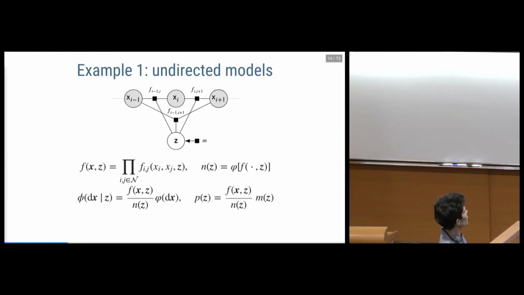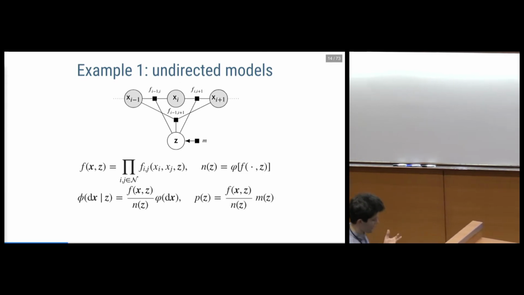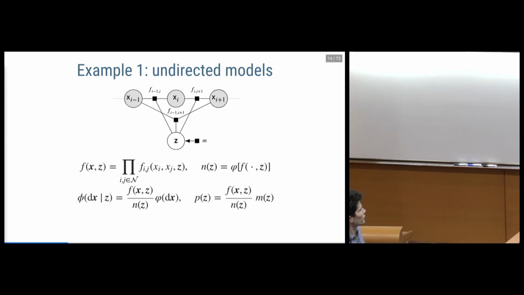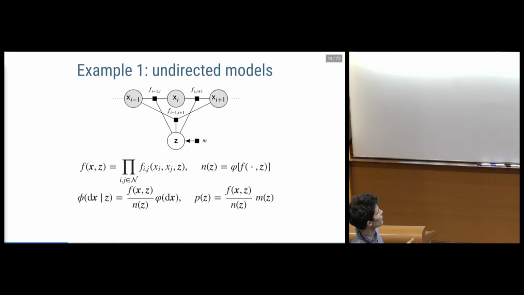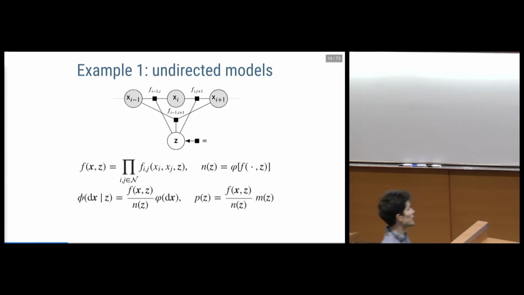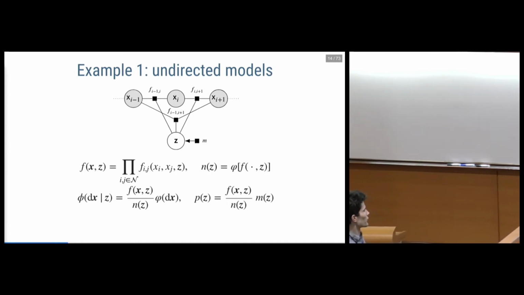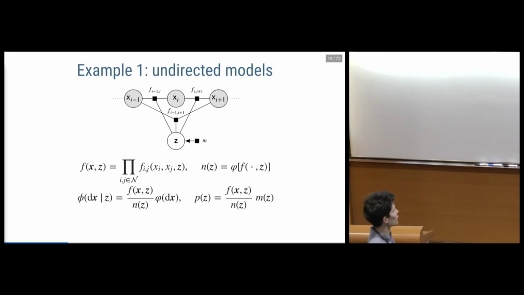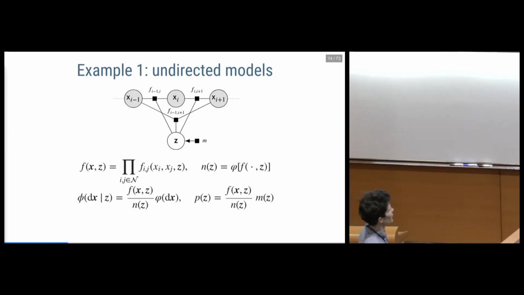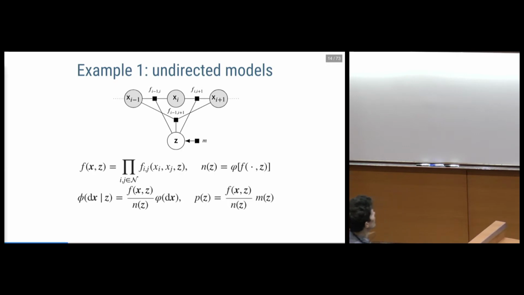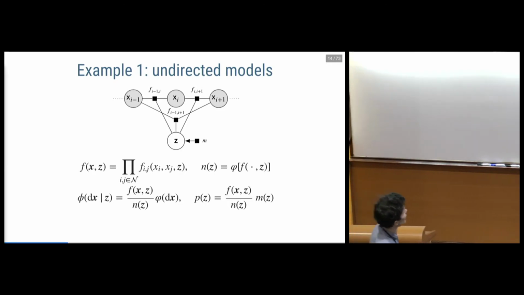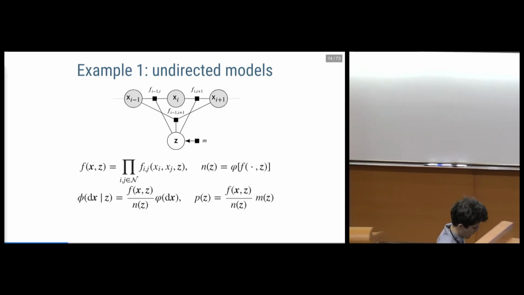And so if I want to perform Bayesian inference in these sorts of models, so I want to infer a posterior on parameters given observations of these x variables, then I need to be able to evaluate this Z. It's a constant with respect to the x variables, but it's not a constant with respect to the parameters. And it involves this integral across the base measure that this density on the x variables is defined with.